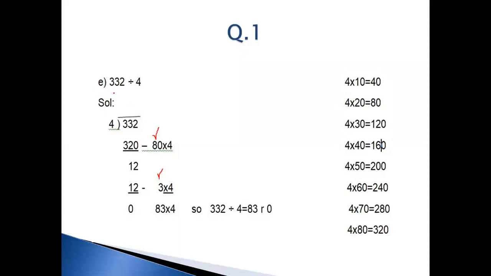और क्वेश्चन को गौर से देखते हैं, इसमें डिविडेंड कौन सा है। जो भी नंबर आपको डिवाइड के सिंबल के बाद में लिखा हुआ नजर आएगा वो आपका डिवाइजर होगा। आप उसको एक स्पेसिफिक डिवाइजर की जगह पर लिख लें ताकि क्वेश्चन में कोई आपको गलती ना रहे। 4 हमारे पास डिवाइड के सिंबल के बाद में है, तो इसको हम अपने सिंबल ऑफ डिवीजन के बाद में लिखेंगे और इसके साथ सिंबल ऑफ डिवीजन लगाएंगे और उसके बाद आपके पास जो नंबर यहाँ इसके स्टार्ट में लिखा हुआ है ये हमारे पास डिविडेंड है, इसको